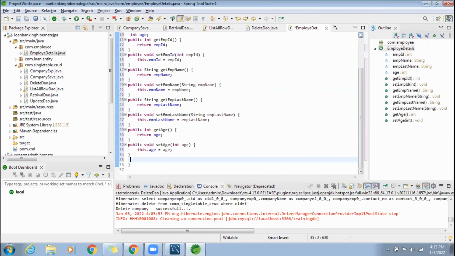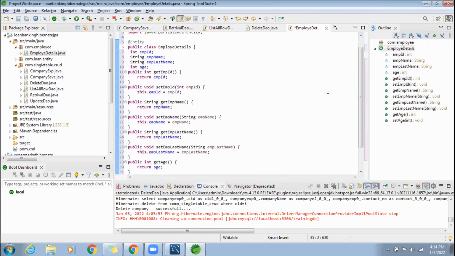So here is another important thing that you need to inform Hibernate. Control Shift F. What is the primary key? What is the ID value? Which column are you going to use as ID? Employee ID. There are four columns. You should annotate one of them with ID, any one variable. Which variable are you going to make the ID?